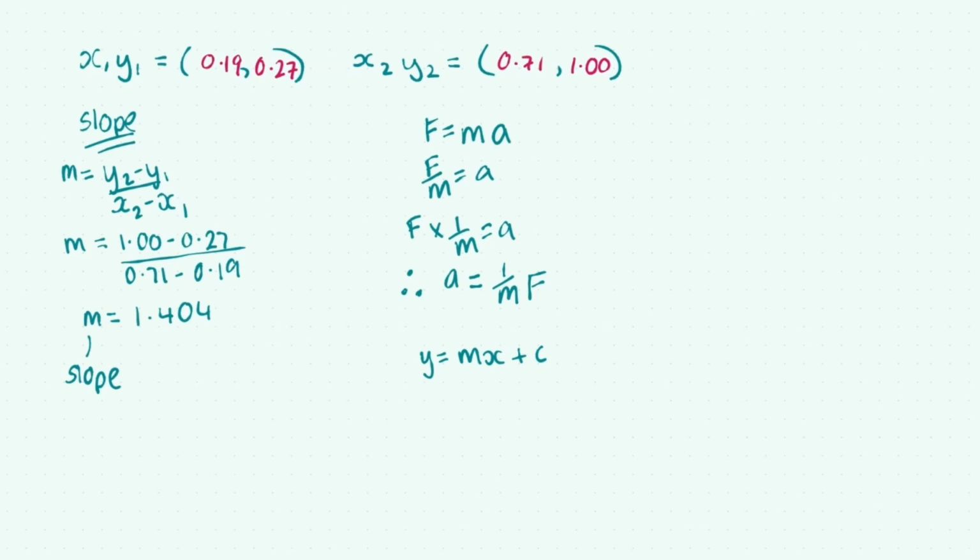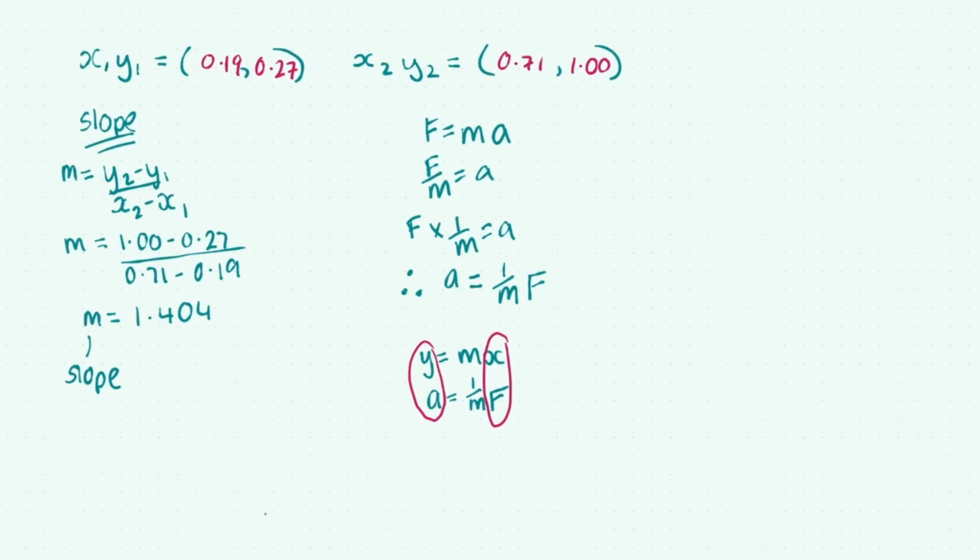So it's just y equals mx, and if we put our other formula here, a is equal to 1 over the mass multiplied by the force, we can correlate that the y-axis is the acceleration, the x-axis is the force, which we know, and the slope is equal to 1